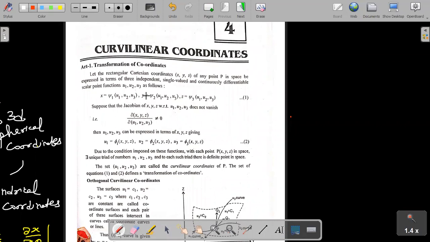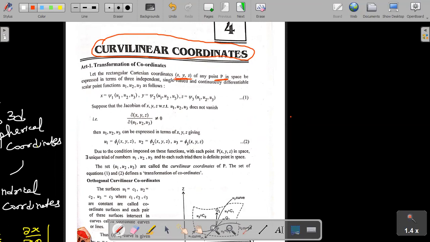In general, if we have any other possible directions, then we can change this system into that system, right? So we can transform XYZ coordinates into any directions provided they satisfy those conditions, right? So that is the reason this chapter is known as curvilinear coordinates, right? So coordinates of a particular point along any curve, right? So suppose I have a point P whose Cartesian coordinates are XYZ, then what I can do,